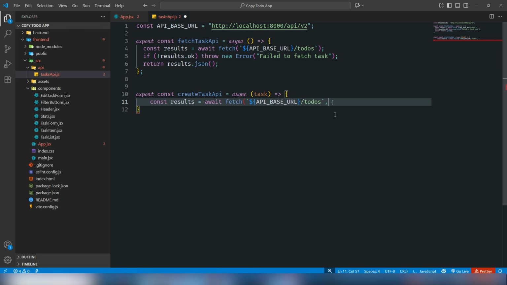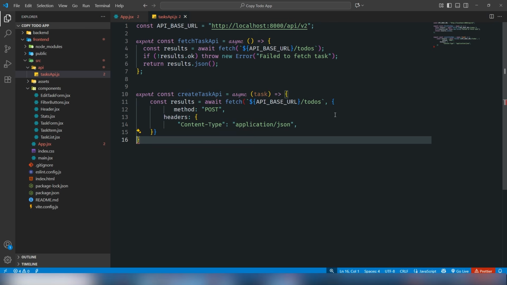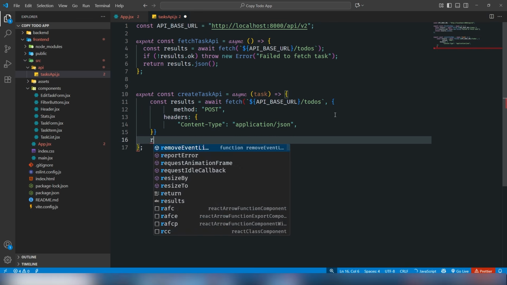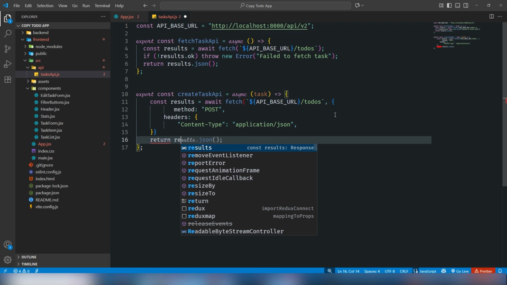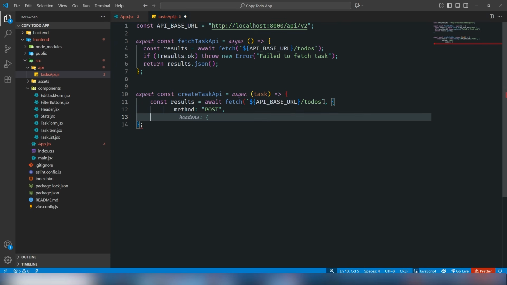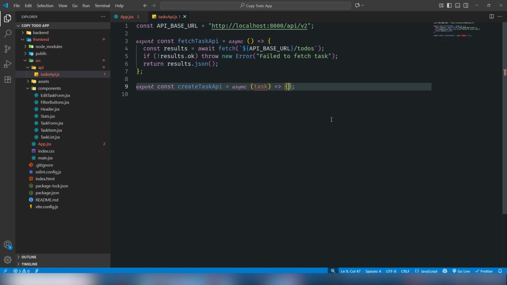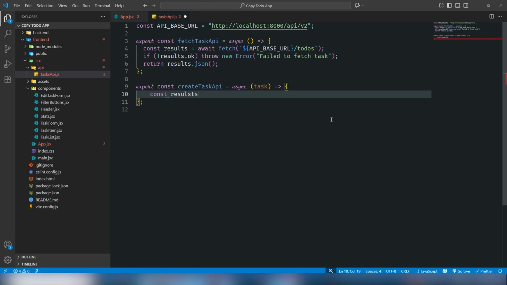What's wrong with comma return response? Give me a second, I will recreate it. Right, so just use results